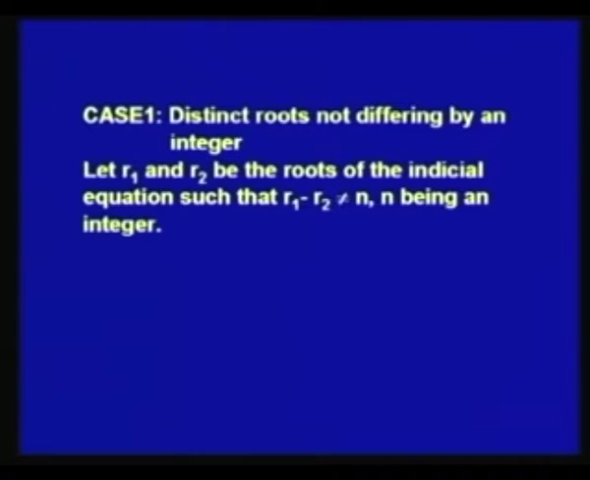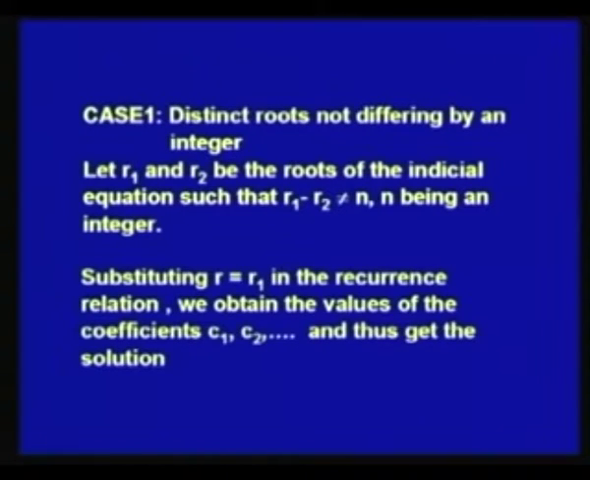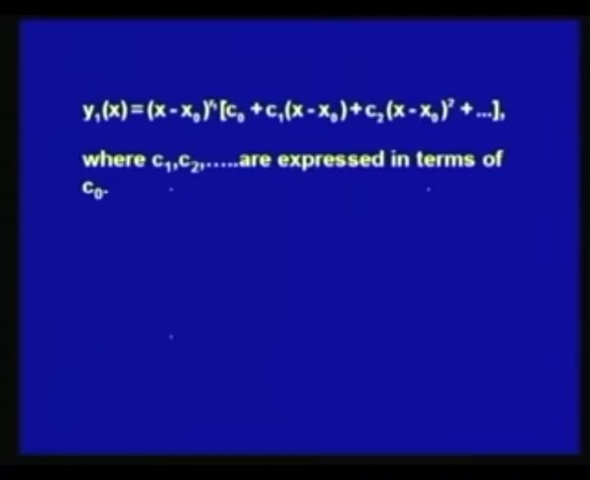So let us first discuss the case of distinct roots not differing by an integer. Let r1 and r2 be the roots of the indicial equation such that r1 − r2 is not equal to n, where n is an integer. So what we will do is substitute r equal to r1 in the recurrence relation, and we shall obtain the values of the coefficients c1, c2 and so on, and thus get the first solution of